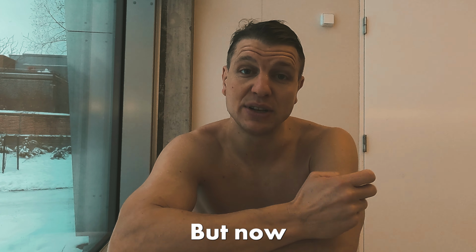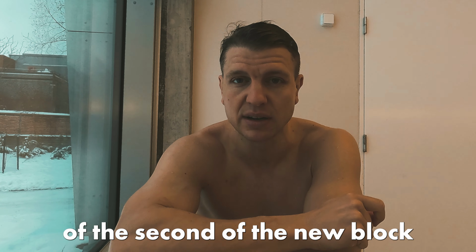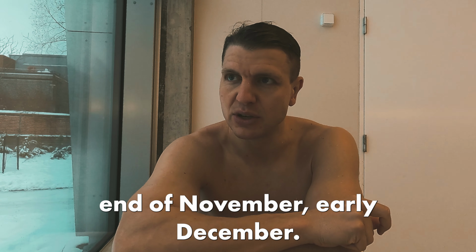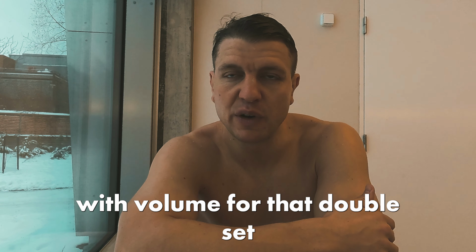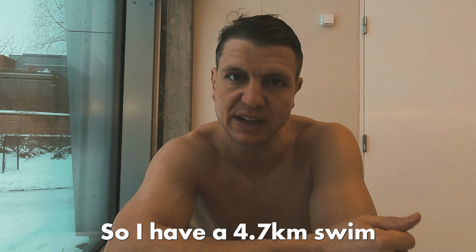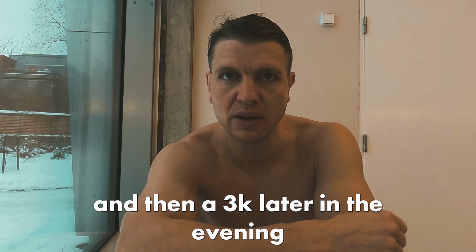But now today, Monday, is the first part of the new block. It's now early December, or like end of November, early December. So 3 months to go until the first race, if everything goes well. On the new block, we are going a bit down with volume. The overall set is only 8k in total. So I have a 4.7k swim in the morning, and then a 3k later in the evening, followed by